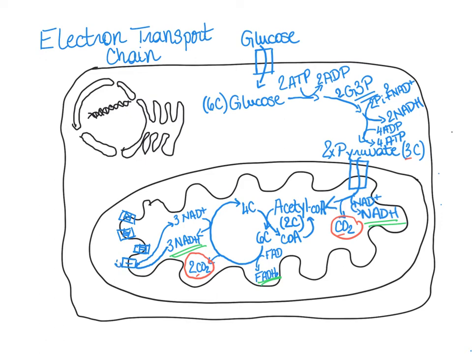So here's an electron moving now down the chain. And FADH2 actually donates to complex 2. Again, not a big deal. So electrons enter here and you regenerate FAD. These electrons will move via proteins